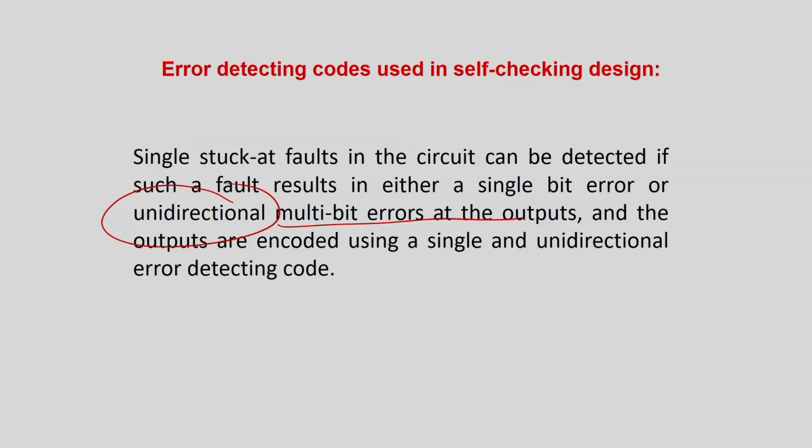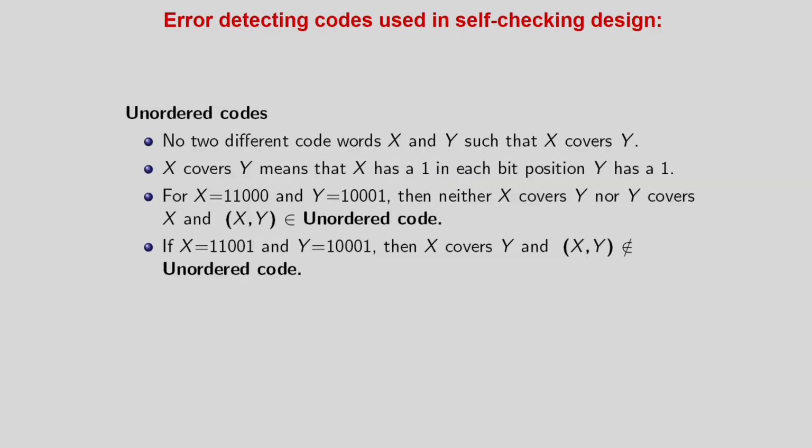So when we talk about online testing, we are very much scared of what are called bidirectional errors. What we learned in the last class is that if single stuck-at faults result in a single bit output error or multiple bit unidirectional errors, then there are a lot of codes available to detect them, and the circuit area requirement for designing the testers is also very small. One important one is parity, but as discussed, parity can detect only single bit or odd number of bit errors. Slightly more advanced are the unordered codes you have already seen.